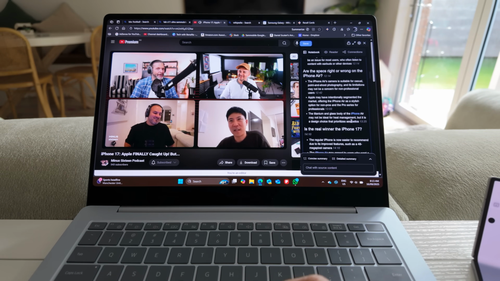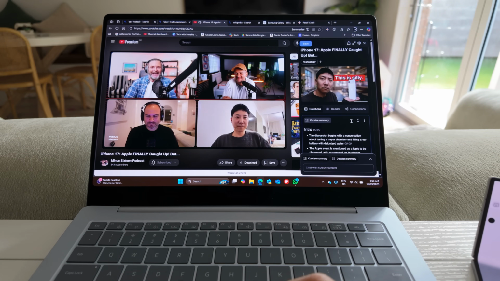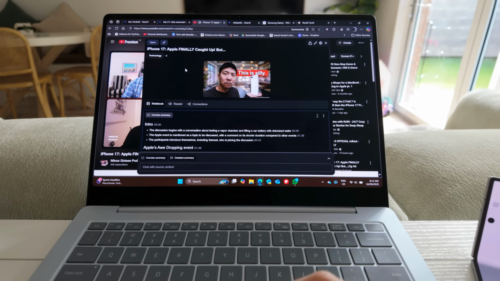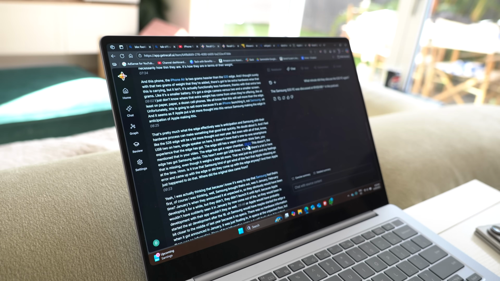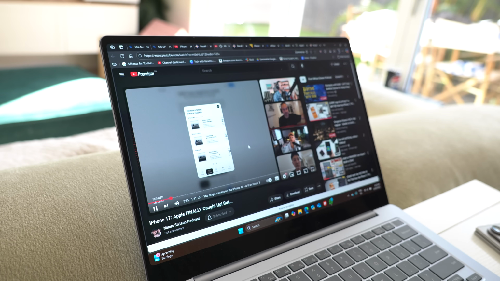Nothing will, of course, replace watching the full video through because, well, visuals really help with video. It's a video. But if you're using that video as a basis for research, you can take that video summary away by pressing save. It also, like I said, adds in timestamps and a timeline of the video so you can easily jump to the section of the video that you need to access, especially when referring back to it later.